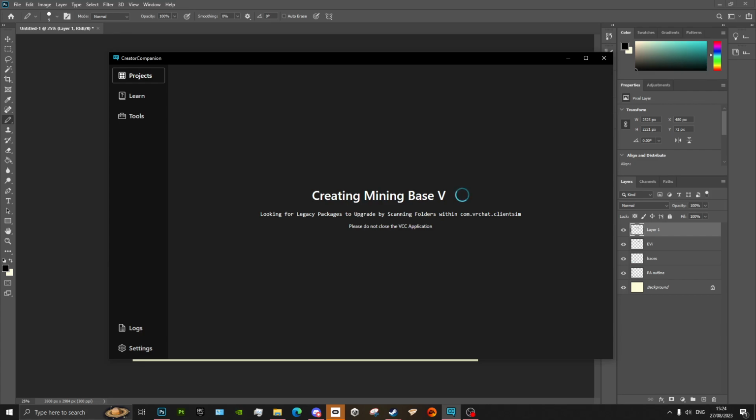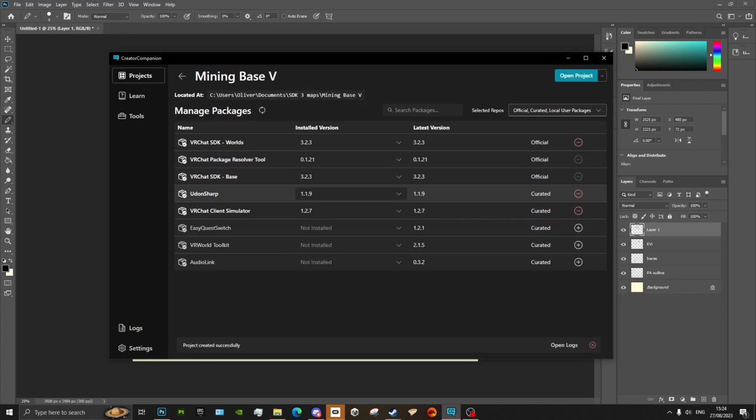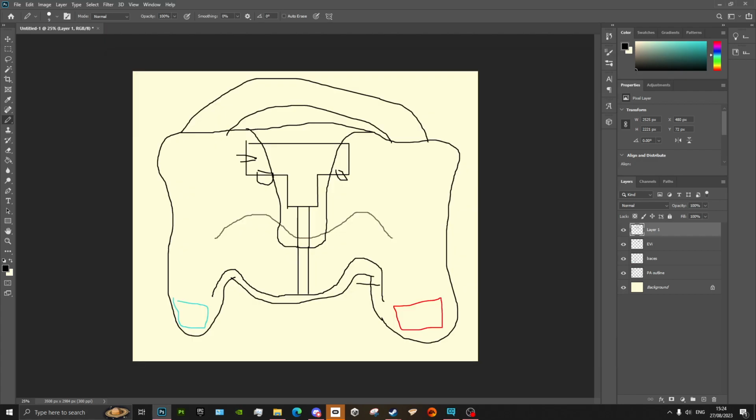While that's loading, yeah, this stuff, don't worry about it. As long as you got these main things here, then you're good to go. And then just press Open Project, which will then go ahead. What I'll suggest as well